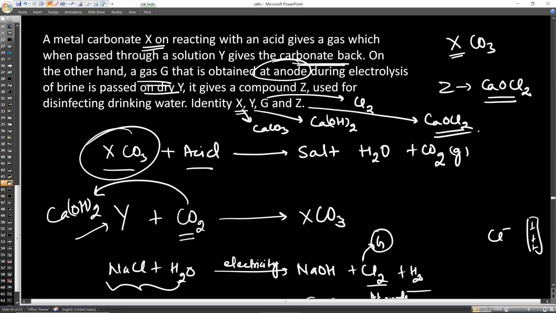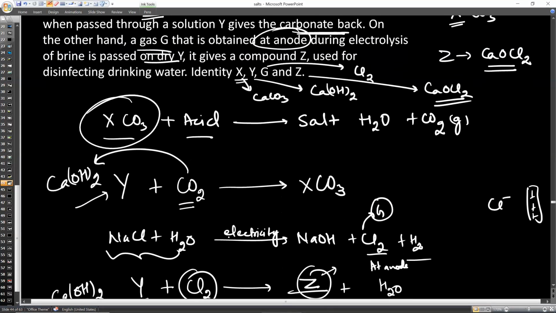If you have not memorized the preparation reaction of bleaching powder, the electrolysis of brine, or the preparation of NaOH, you will struggle. Calcium hydroxide is also called lime water. Lime water, when treated with carbon dioxide, becomes milky. This is a very famous reaction, that lime water, when passed